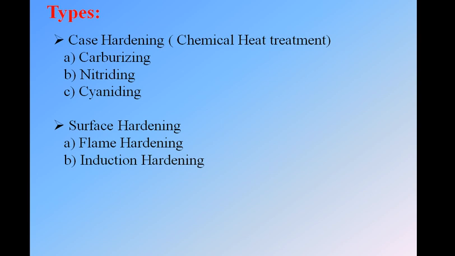Okay, so surface hardening can be done with these five types: carburizing, nitriding, cyaniding, flame hardening and induction hardening. Flame means with the help of flame or heat, induction means with the help of current. For the syllabus we have the first three: carburizing, addition of carbon; nitriding, addition of nitrogen; cyaniding, addition of nitrogen plus carbon. Okay, so next,